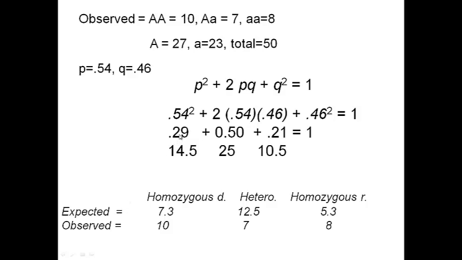So all we have to do then is remember that if we take 0.29 times the total number of animals, 25 in this case, then we get our expected value, which I do have the correct value down here. It's 7.3. We expect to see 7.3 homozygous dominant individuals, 12.5 heterozygous individuals, and 5.3 homozygous recessive individuals. Again, I apologize. The only mistake that I have made here is